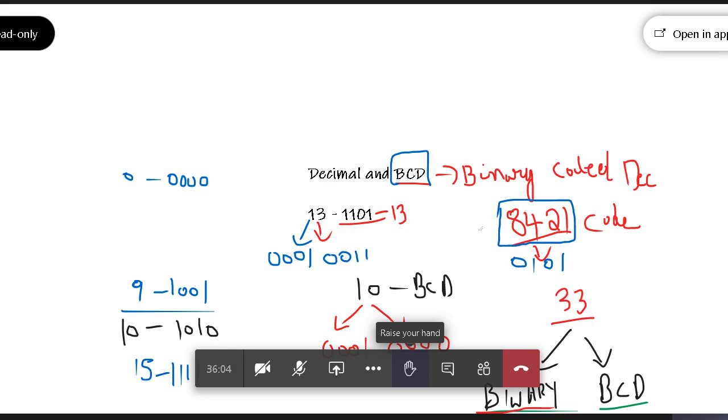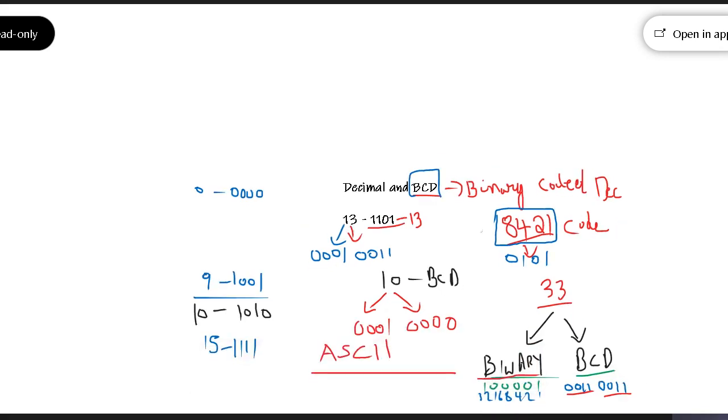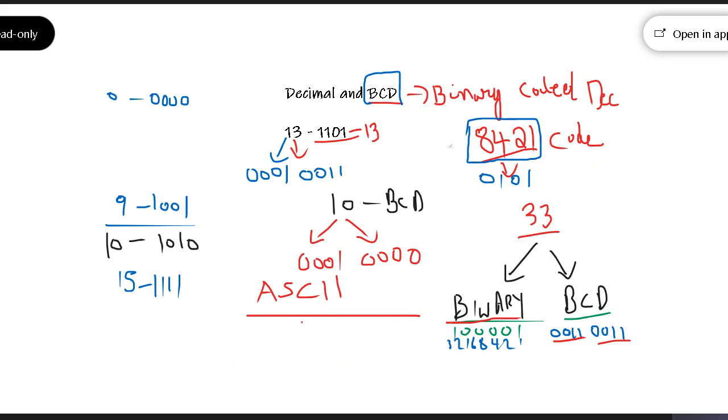Now, have I explained about ASCII? I think I've explained it in the first class, right? ASCII, yes. American Standard Code for Information Interchange. So all your keyboard characters will be represented in the form of 8 bits, and each bit will have different values. I think I've shown the chart also in that class.